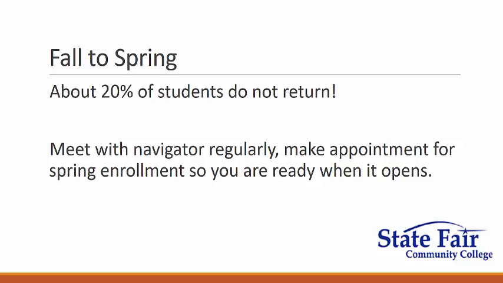You cannot enroll in spring as of the time of this recording, but you can talk to them about a plan. You can work out a plan for spring of what kind of classes you should take, and then make an appointment with them for October 30th. And as of that day, get enrolled in all of your spring classes as soon as possible. I would bet some of that 20% that didn't return came back in January hoping to enroll in classes at the last minute and found there weren't many classes available. The classes they needed weren't there. Well, that's because they waited too long.